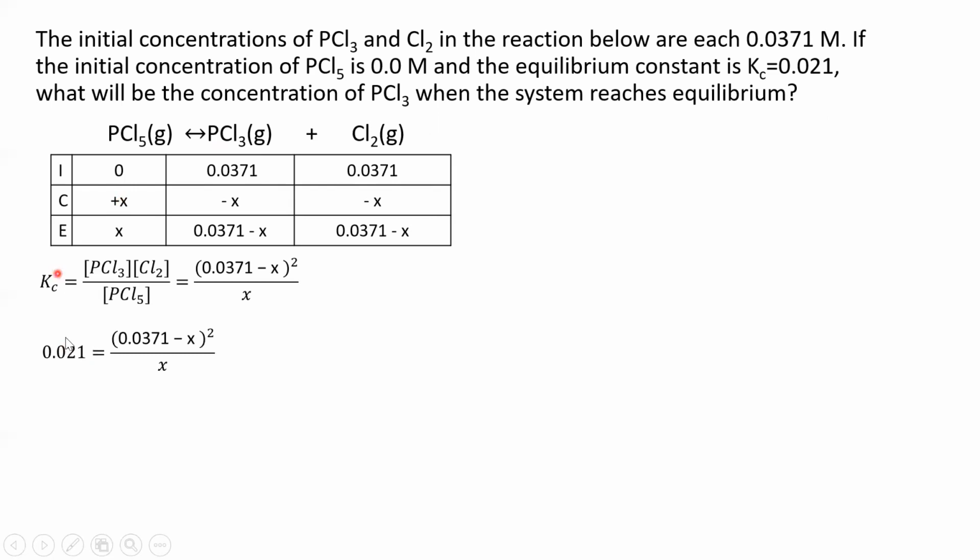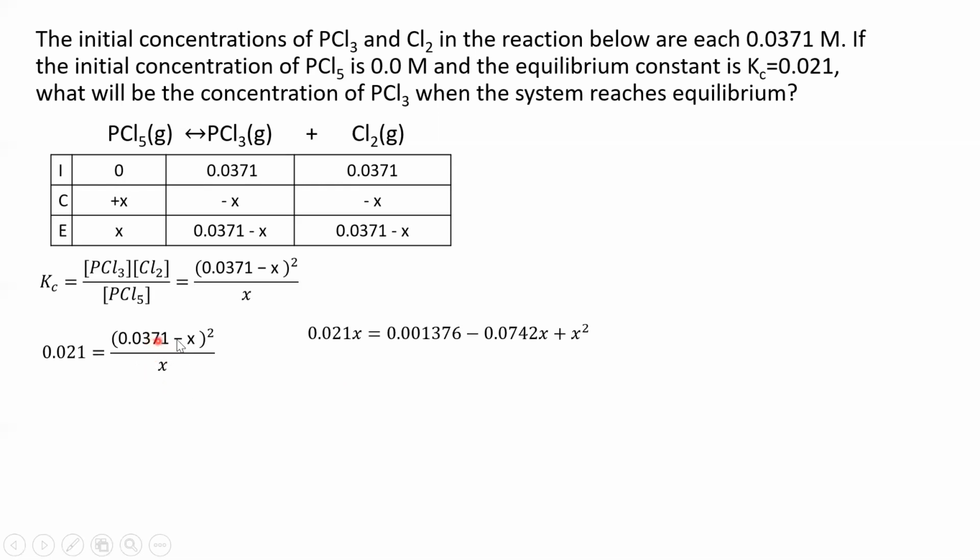Okay, so we know K. So we're going to plug in 0.021 for K. We have (0.0371 minus X) squared over X. All right, well, we've got to do algebra to get X by itself. So the first thing we're going to do is get X out of the denominator, and to do that, we're going to multiply both sides by X. Okay, now after we do that,